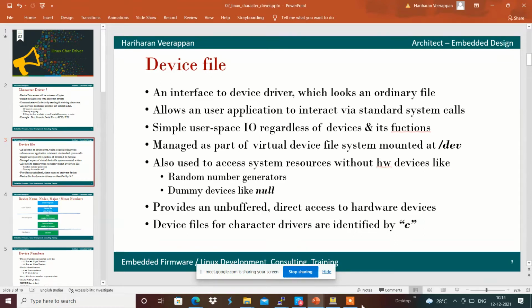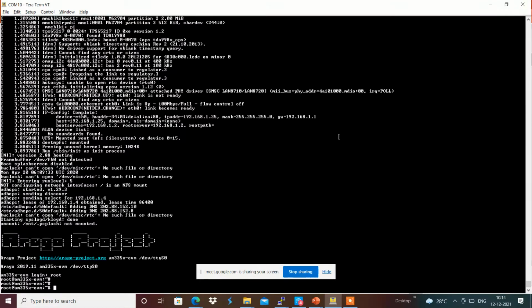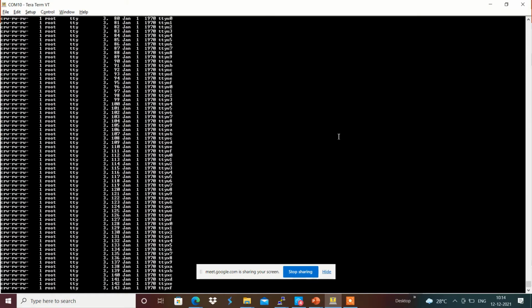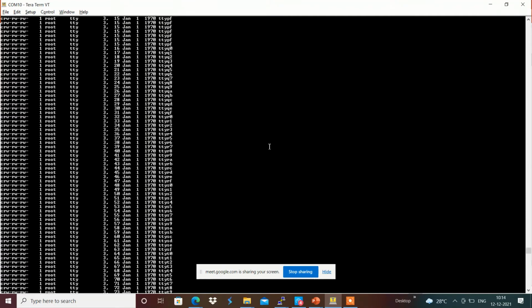Here I am going to use ls -l /dev, and a lot of device files are present over here.